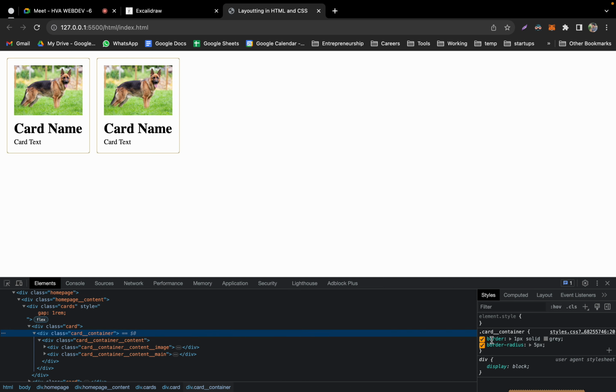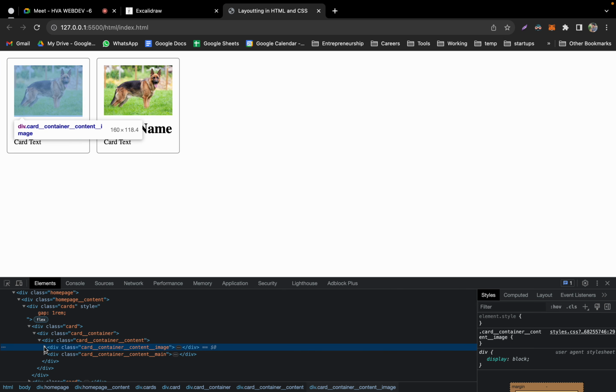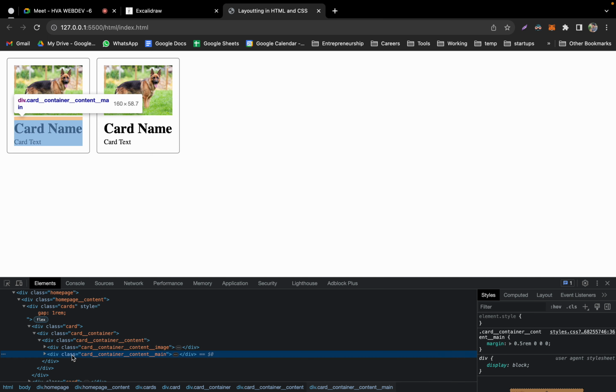Container is having border, I mean the outer side of it, okay, and content is having padding, meaning how much space does it want. These two things it has. Then you come to image. Image is an individual separated thing, okay. Then your text is main content goes there. If you have any button, it will go into action. So image, main, action, these are three names. The moment you start writing more and more code into this, you will be able to understand this whole part. Anyways, that is how you actually structurize it.